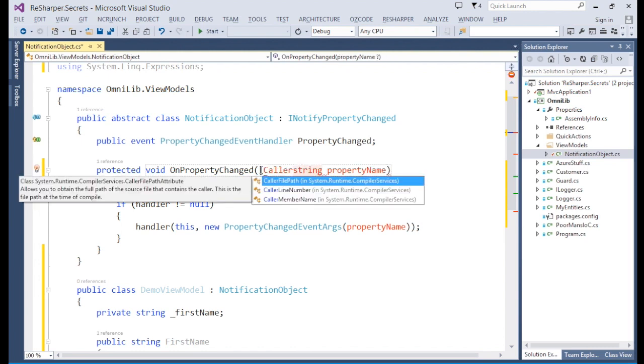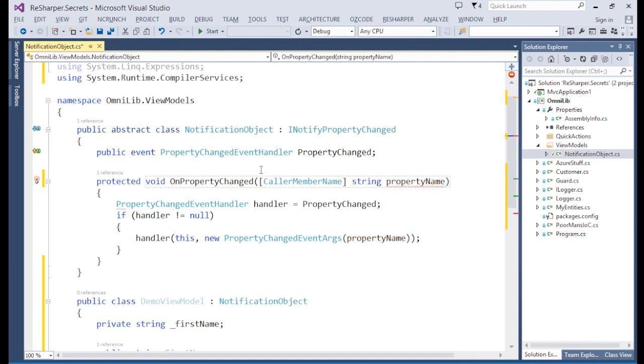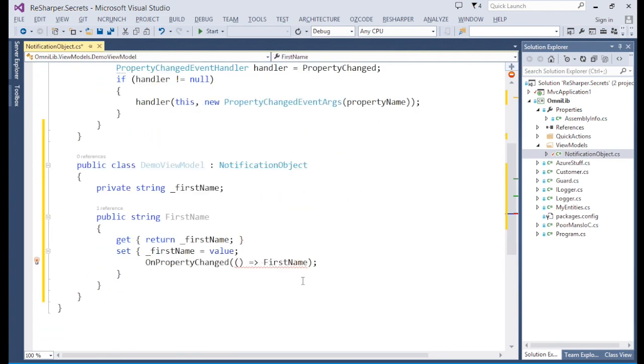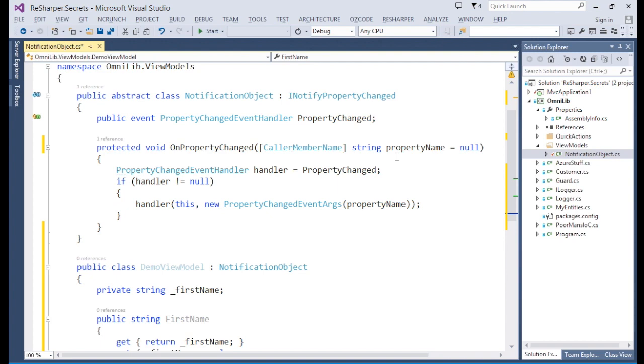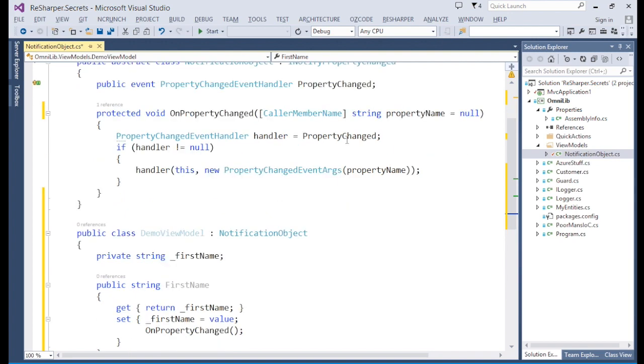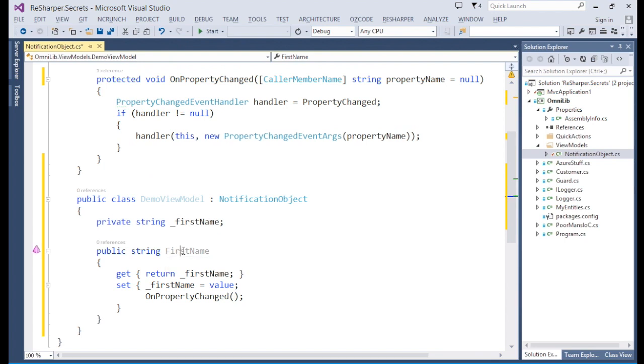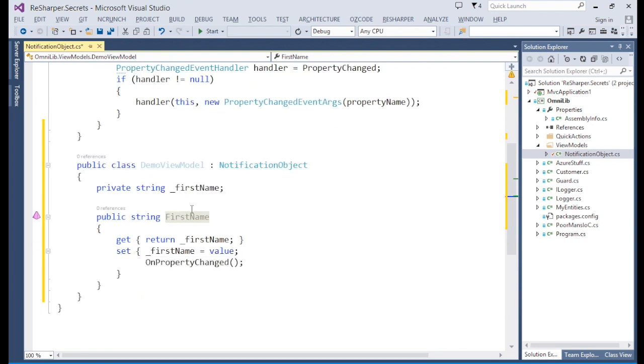So if I write CallerMemberName in front of the property, and I have to set this property to null, now I can pass absolutely no strings whatsoever. So what will happen is, in compilation, this property name will be automatically assigned a value of the member which is calling this method. So in our case, FirstName. But again, I would have to convert the automatic property to a manual property and do it myself,